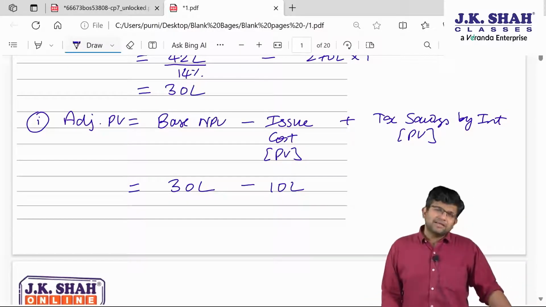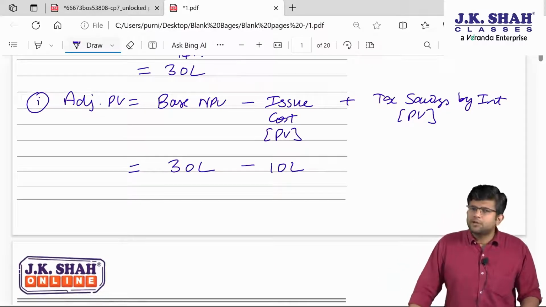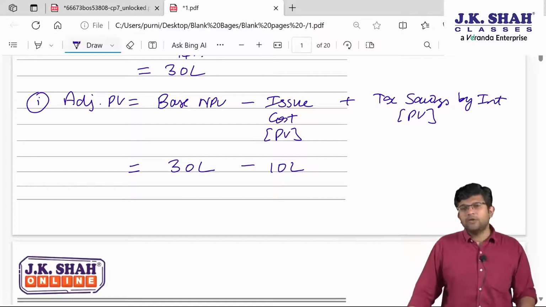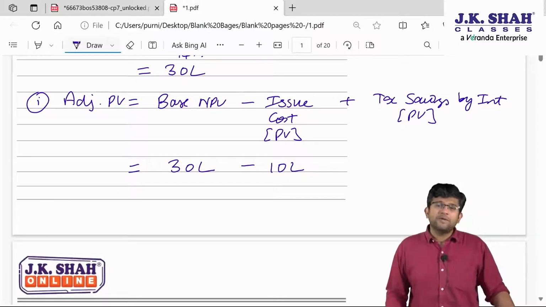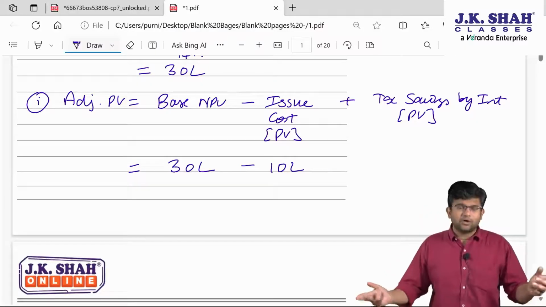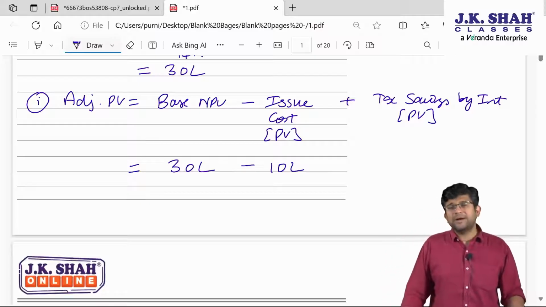Then the last part, tax savings by interest. Now let me explain this. First of all, some of you might think, sir, there is one more added cost which will come because of raising money through debt. Which is that cost? The interest cost. I will say no, that is not an additional cost, or I might say that is not an additional cash